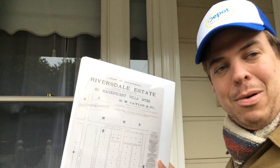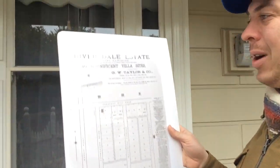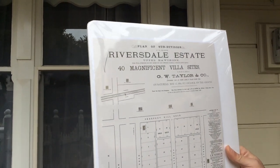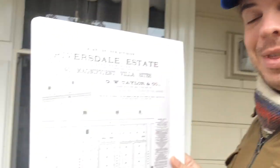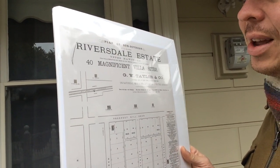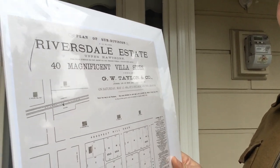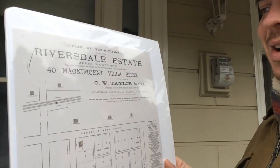So this is actually a poster that I have of one of the properties I used to live in, the place where I lived. So you see here, it's a plan of subdivision of the well-known Riversdale Estate, Upper Hawthorn. Today it's in what's called Camberwell, but here it must have been called Upper Hawthorn in the 1880s. Situate fronting Riversdale Road East, Prospect Hill Road, Fermanagh, Waterloo, and Trafalgar Roads, comprising 40 magnificent villa sites to be